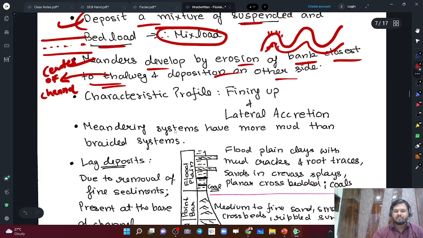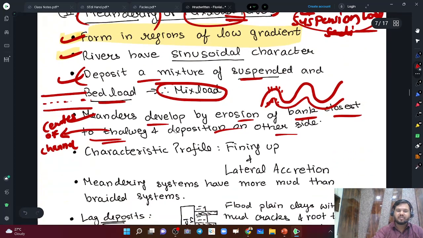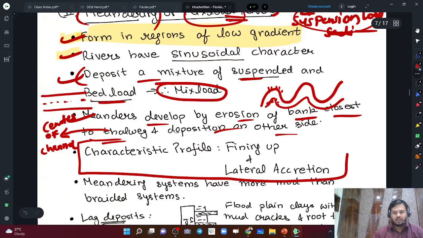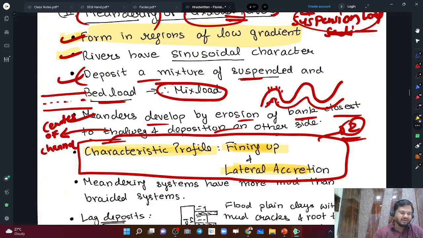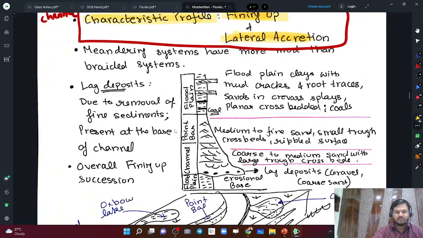And this is the most important line. If UPSC is asking you something about facies of a meandering river system, and you are able to write this line, you will get 2 marks directly for this. This is the core of sedimentary facies. So here the profile of succession is fining upward, with lateral accretion, right? You understand what lateral accretion is, right? Lateral accretion means,